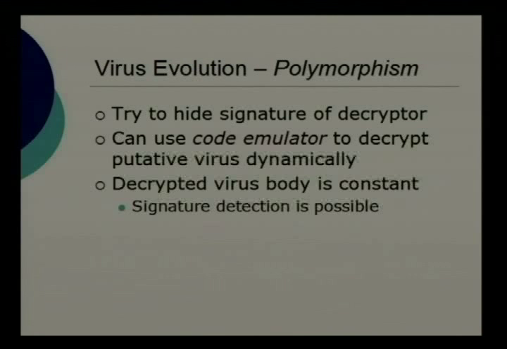Okay, so polymorphism by our definition here is kind of taking that to the next level. So you're going to encrypt the code. Now you're going to take the decryptor, the little piece of decryptor code, and you're going to try and obfuscate that, make it harder for people to detect that. Okay, that sort of thing's been done. There have been viruses of this sort. They can still be detected. You can do emulation techniques and such, but it does certainly up the pain. It's harder to detect these sorts of things.